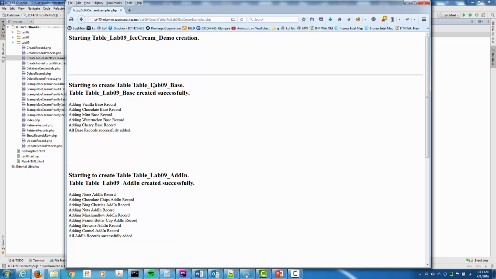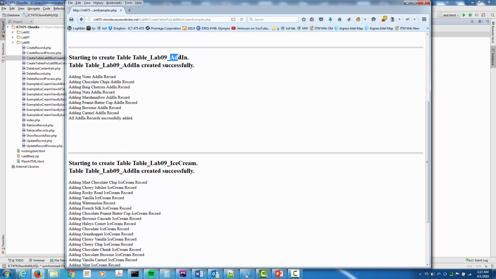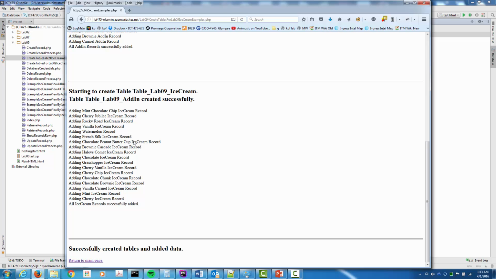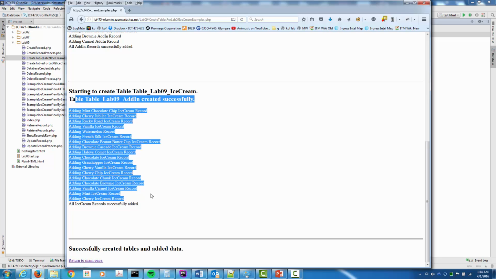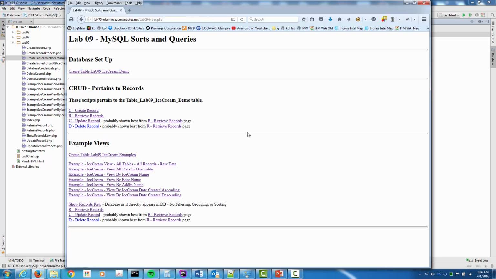The first one is the table Lab 9 base. It has the base flavors in there, and you can see it added in some base flavors. Then we have an add-in table and added in all these records for the different add-ins. And then finally we've added in the ice cream, and I'll show you how it's a little bit different than what we're used to. At this point we can return to the main page,